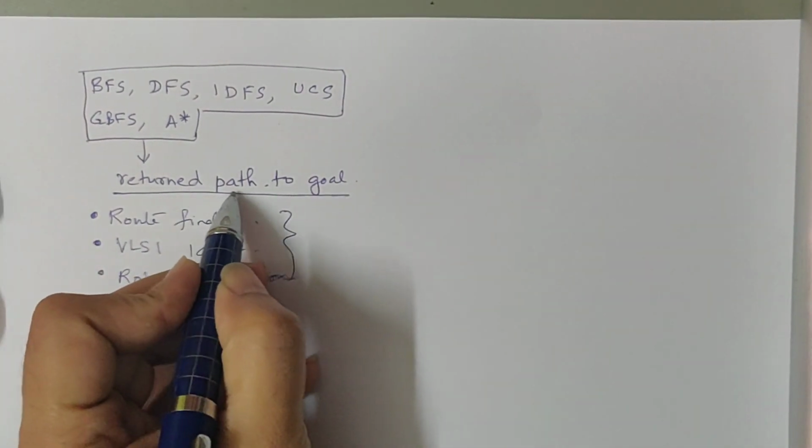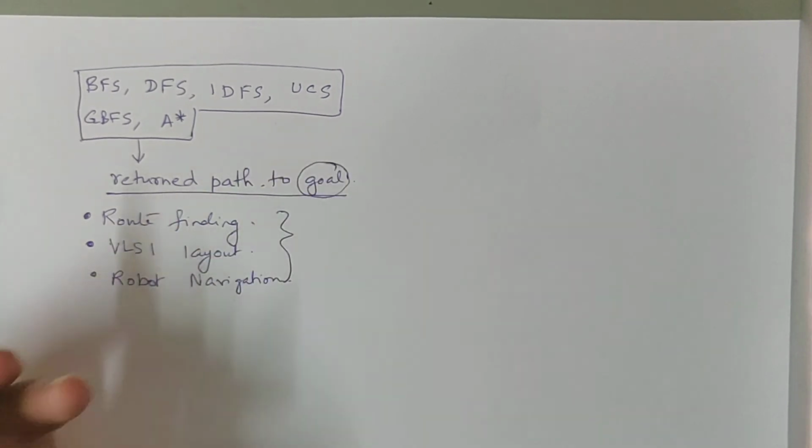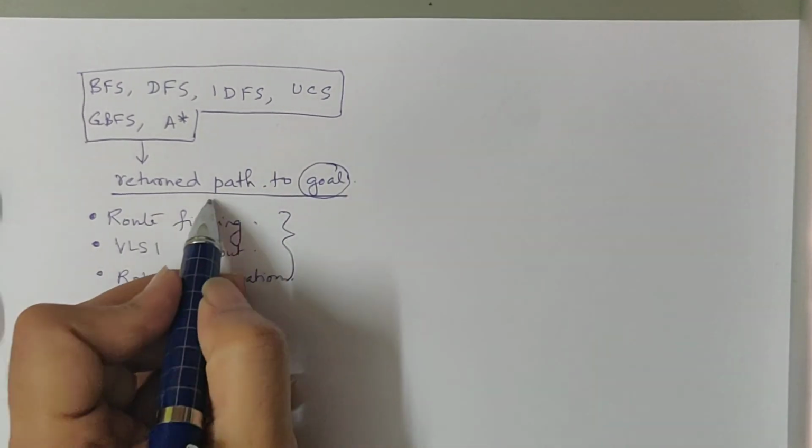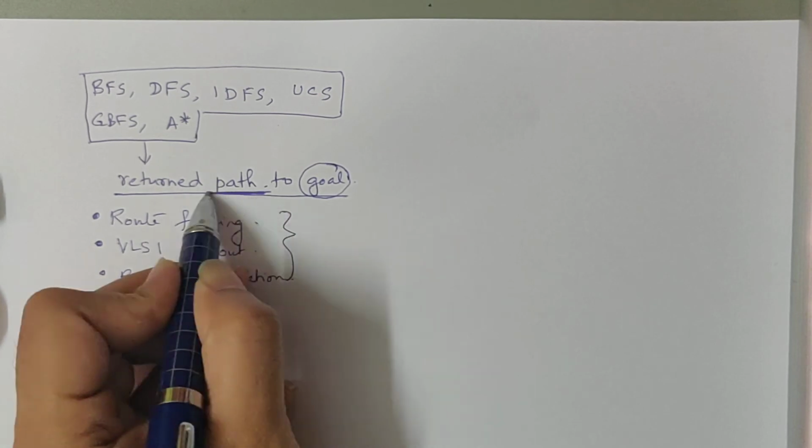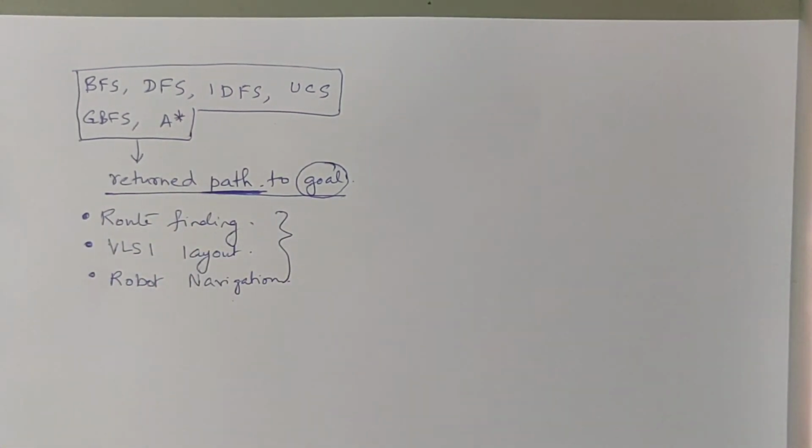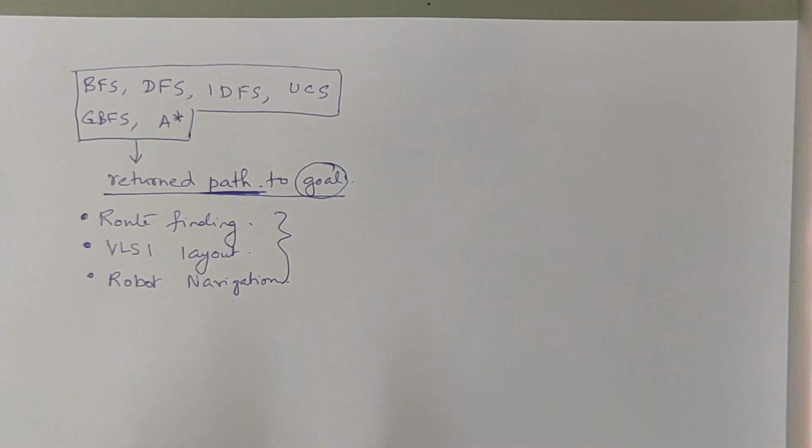Here the goal is kind of known. You want to know the easiest way to reach the goal. There are some problems in which the goal state is not known properly. I know some characteristic of the goal state, but I do not know the actual configuration of the goal state. I will give you some examples.